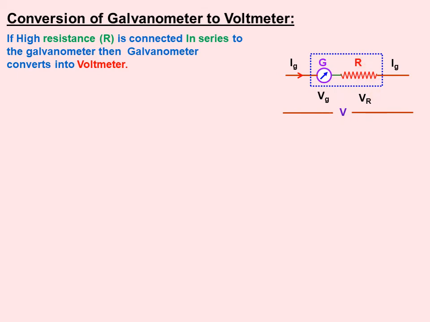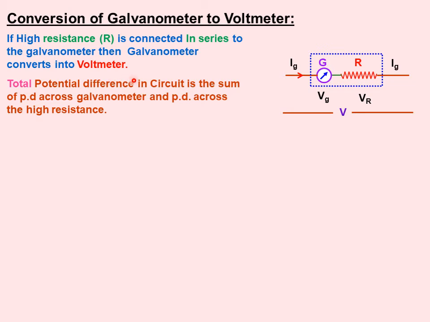So V is equal to, we can write, the total potential difference in the circuit is the sum of the potential difference across the galvanometer and the potential difference across the high resistance. So we can write total potential difference is equal to potential difference across galvanometer plus potential difference across high resistance. Potential difference is nothing but the product of current and resistance. V is equal to IR according to Ohm's law. So across the galvanometer we can write current Ig and resistance G, and across this resistance we can write current Ig,